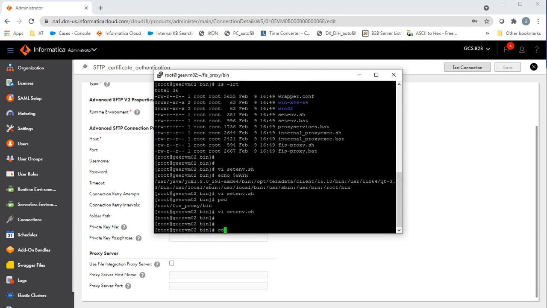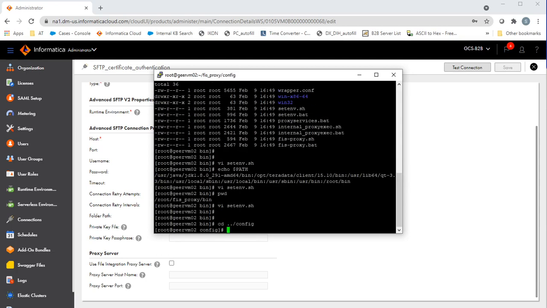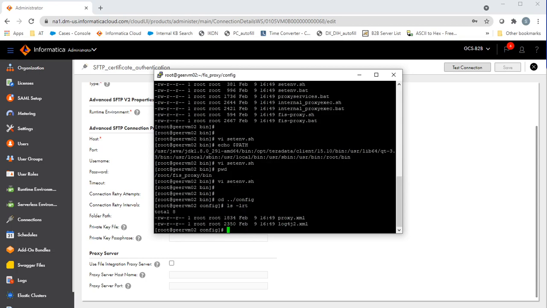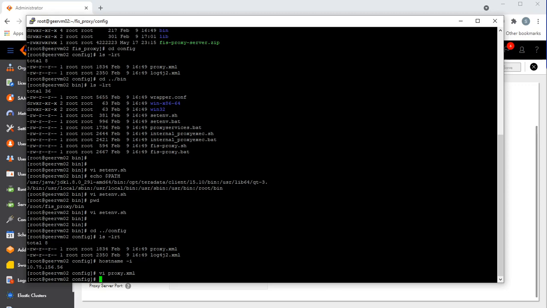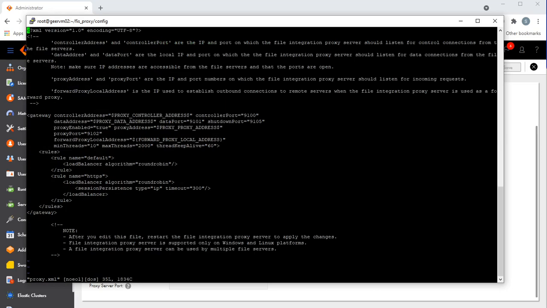So it is /root/FIS proxy. After this change is made, let's go to the config file. There is a file proxy.xml. Let's edit this file. This file basically has all the configurations required for a proxy. My setup does not fit into a very good example for a proxy because I have all the machines in the same network.